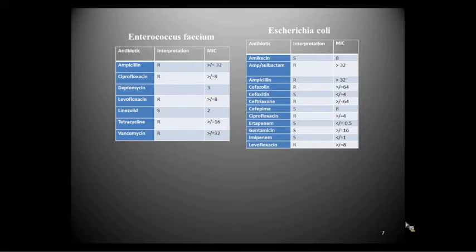Ceftriaxone resistant, cefepime MIC is at 8, so still susceptible, but the MIC is high. So this is a classic example of what we see. And in the United States, of course, drug resistance is really high, so it's very common for us to see drug-resistant pathogens. So this is a classic nosocomial infection